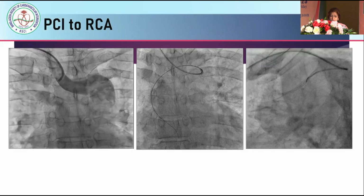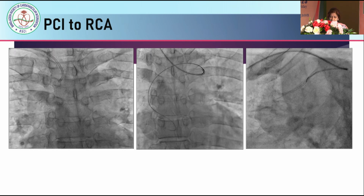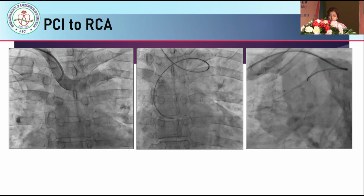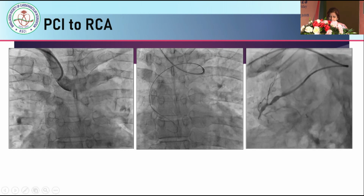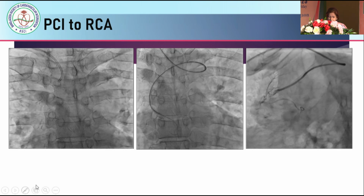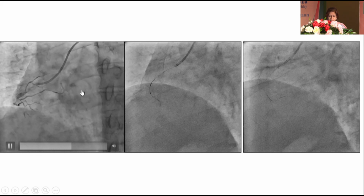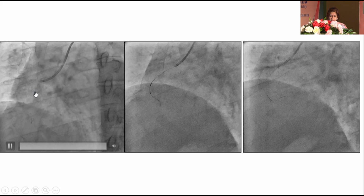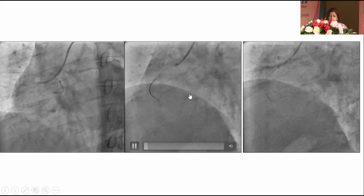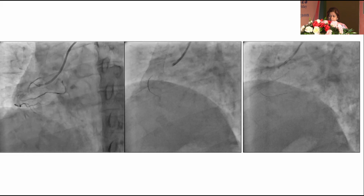So we planned for doing PCI via radial route, but there was difficulty in engagement because of the tortuous course of the subclavian artery. You can see how tortuous it is, and with difficulty we could engage the RCA. The RCA was an ugly looking vessel, with disease from the proximal part and a CTO from the mid part. With the aid of a microcatheter, Fine Cross, we could cross the CTO with Pilot 150